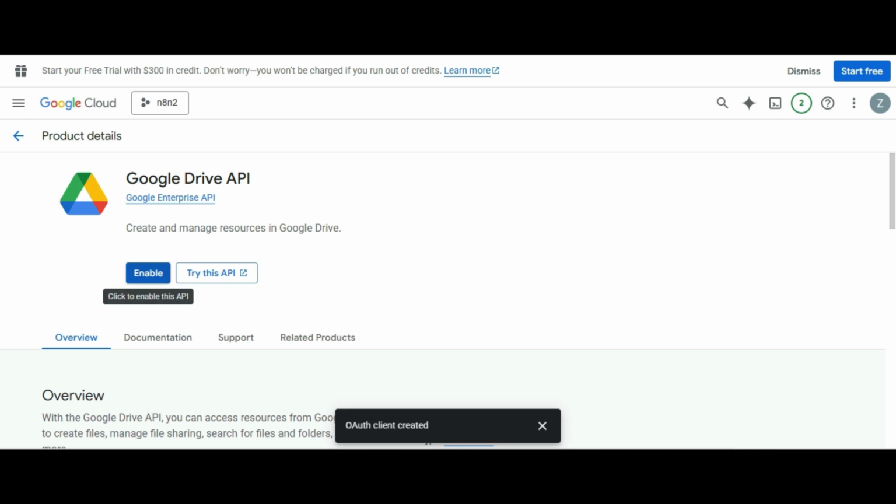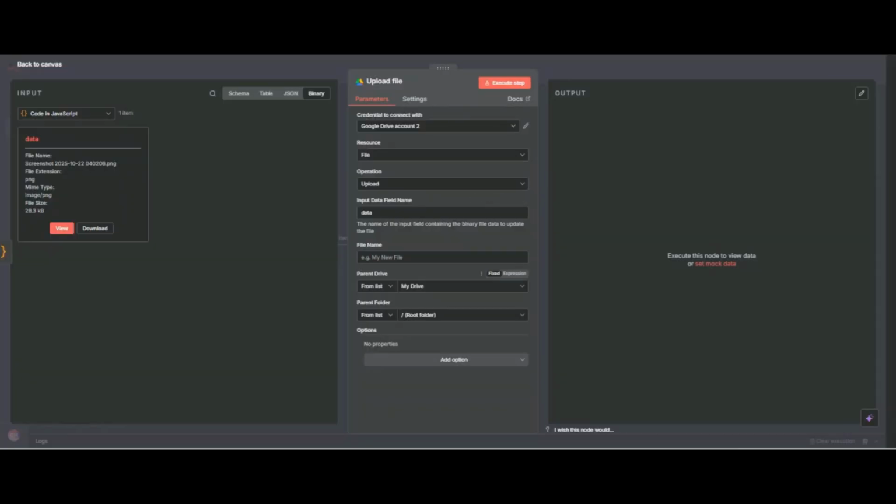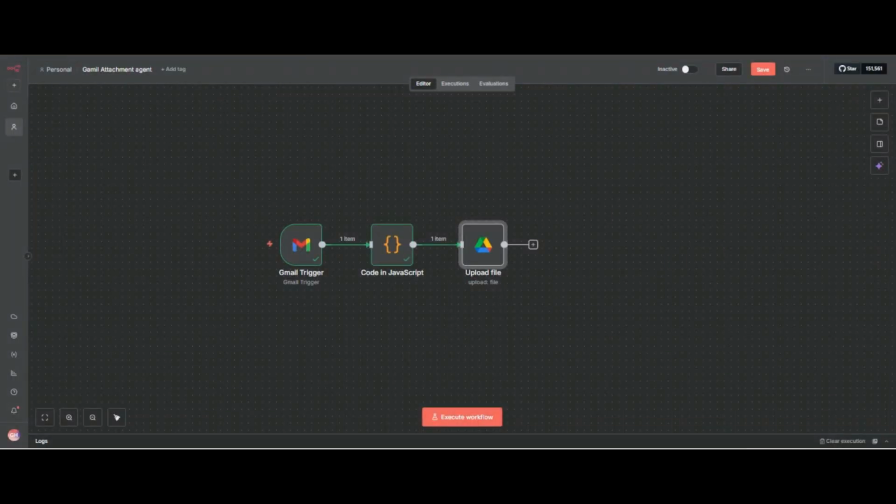Enable, just enable, and now we have enabled. Go to n8n, and now this time click on it, and now you can see we have successfully connected our Google Drive.